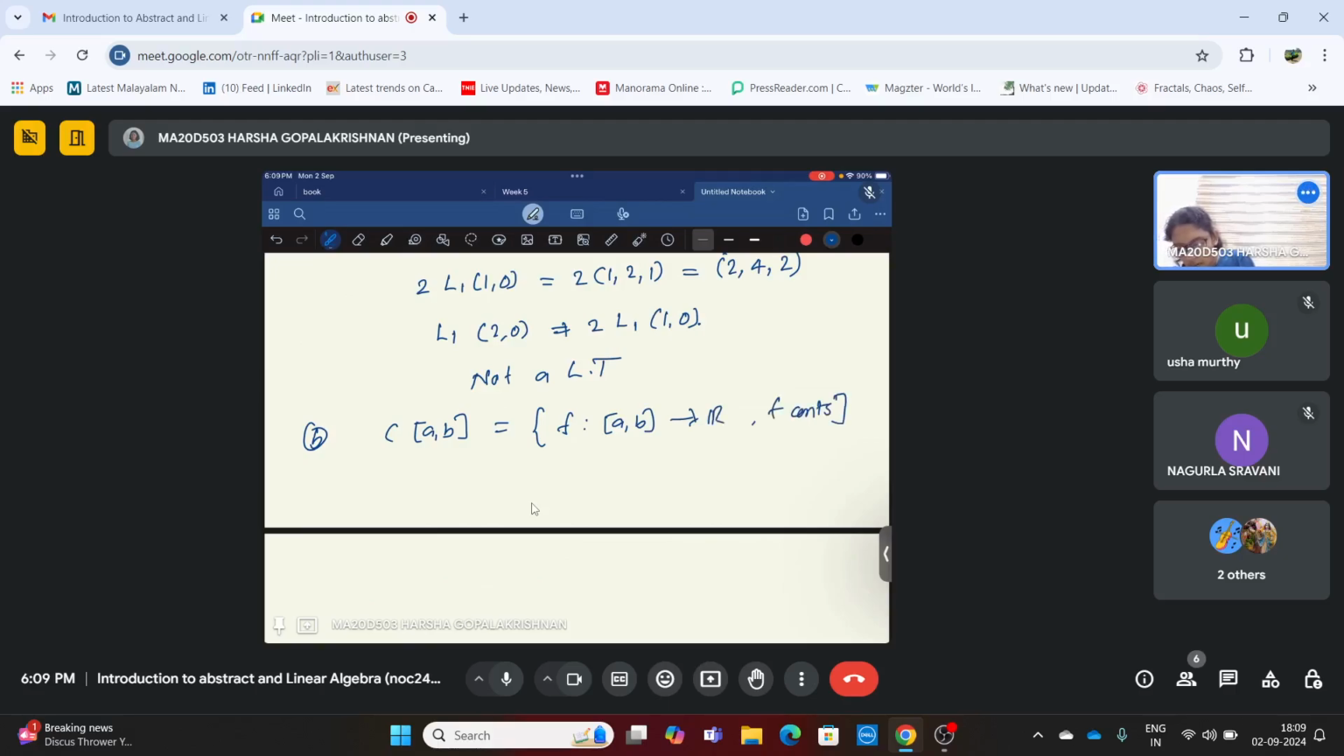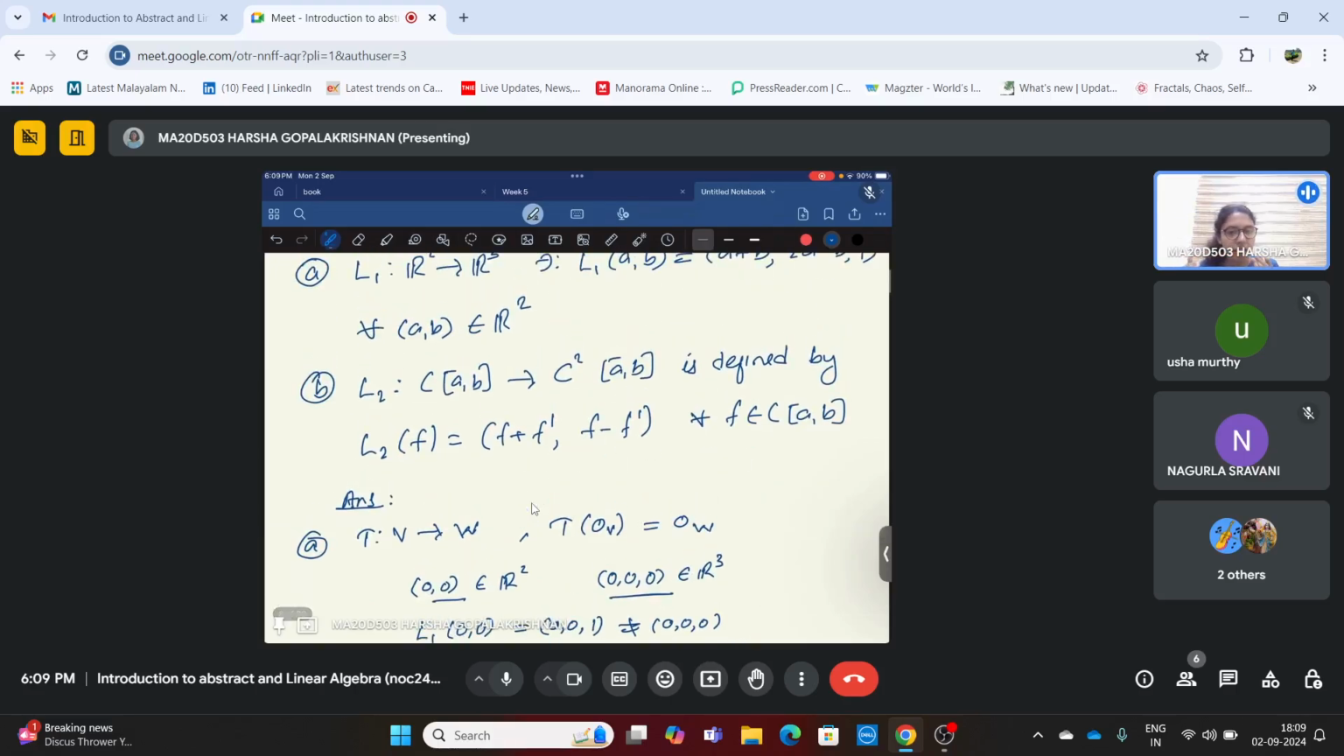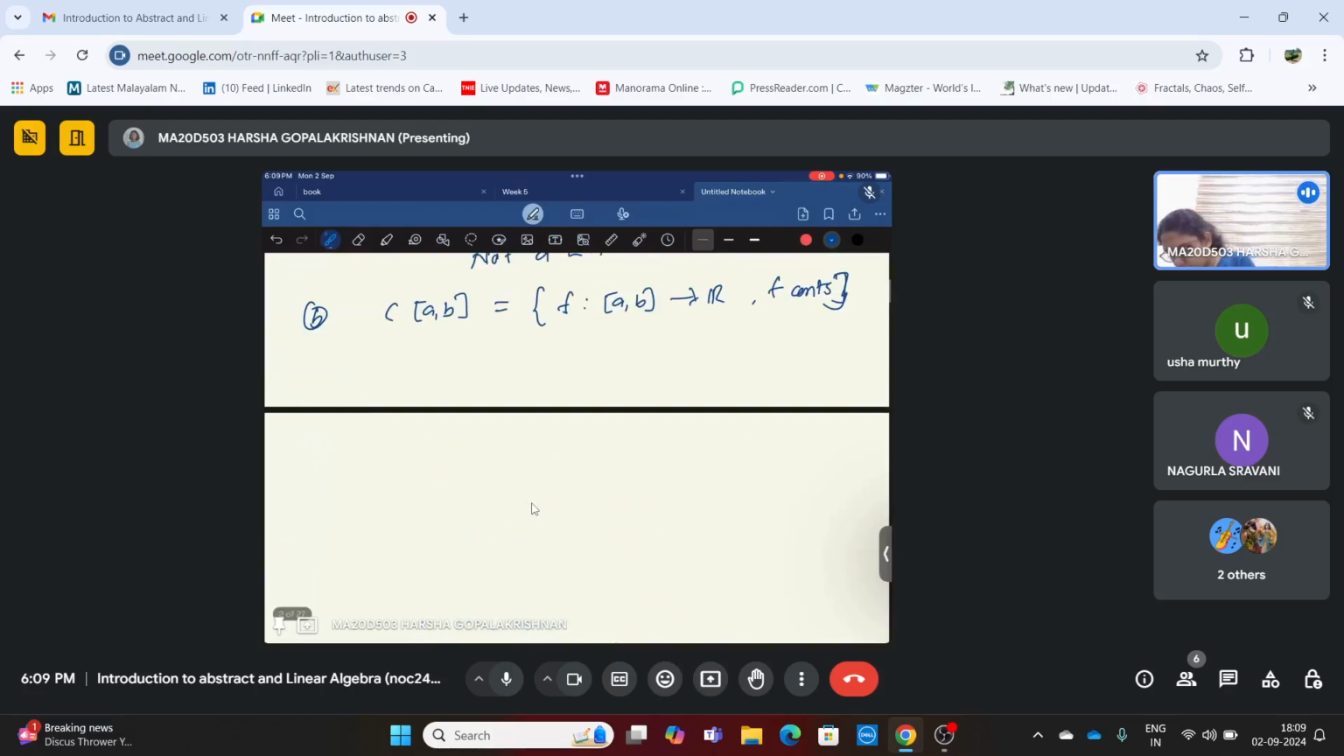And the map L2 is defined from C[a,b] to C2[a,b]. Again, what is C2[a,b]? No need to think much on this, I am just specifying the spaces. It is the set of all f from [a,b] to R such that C2 means f is twice differentiable, that is f' and f'' exist, we should be able to differentiate it two times. f is twice differentiable and f'' is continuous. That is C2 of [a,b]. And the linear transformation from C[a,b] to C2[a,b] is given as